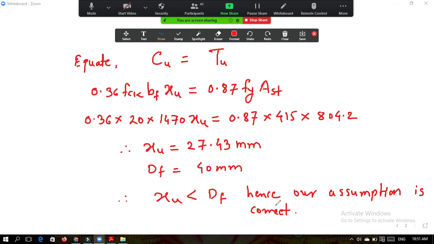Okay, so now if we got the less value of XU, so you know that first case formulas are with you. Calculate the value of XU max now, and from the value of XU max calculate the value of MU. So now this comes under the singly reinforced section, and whenever XU is less than DF, the formulas are same like singly reinforced section. All the concept of that you need to use over here.